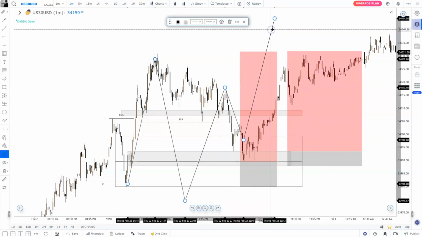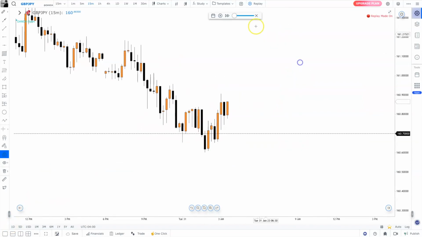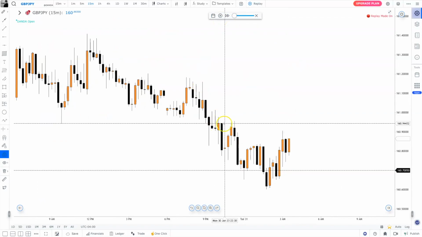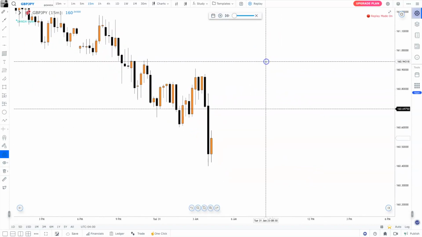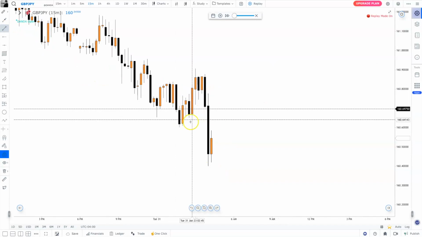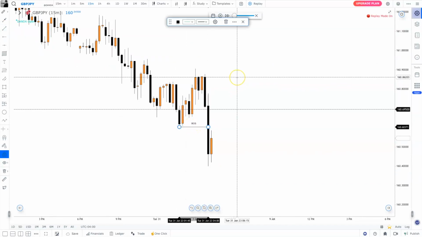All right, let's look for another example right quick. Another example right here. Let's go ahead and see what happens. So far we see that it looks like we are starting to go bearish right here, and all of a sudden we have a big aggressive move. Okay, very important. I always say this, aggressive move, that's what you need to be looking for. All right, so we definitely have a clear break of structure right there,